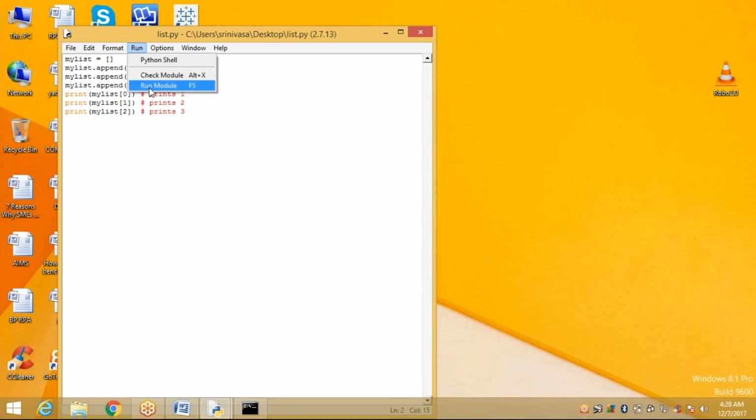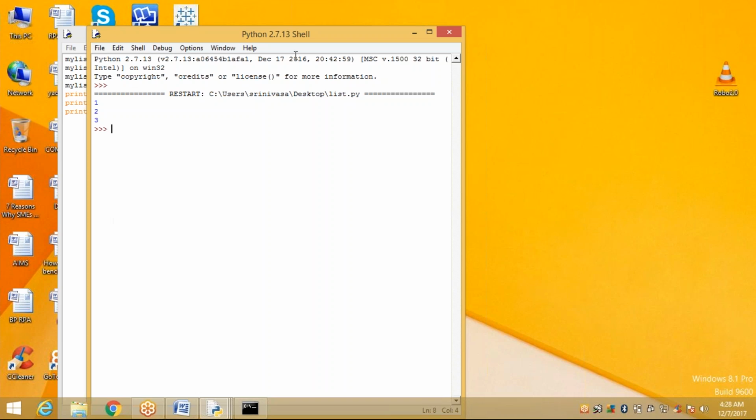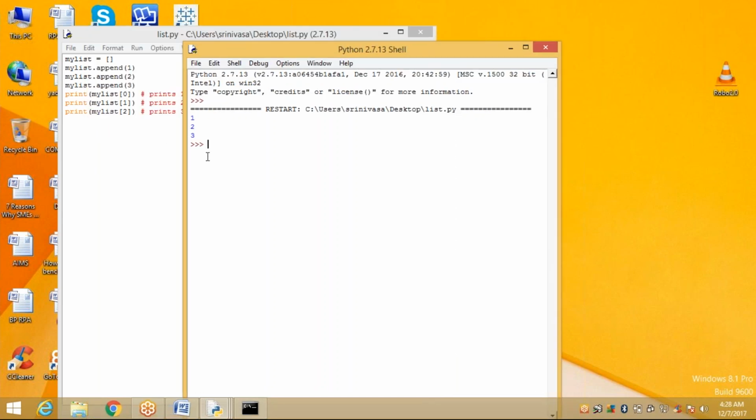Run it, click on run module, F5. So this is our Python 2.7.13. That is our IDLE, Integrated Development and Learning Environment. Directly it will display in your IDLE. Okay, this is the fourth way. You can practice whatever you want.